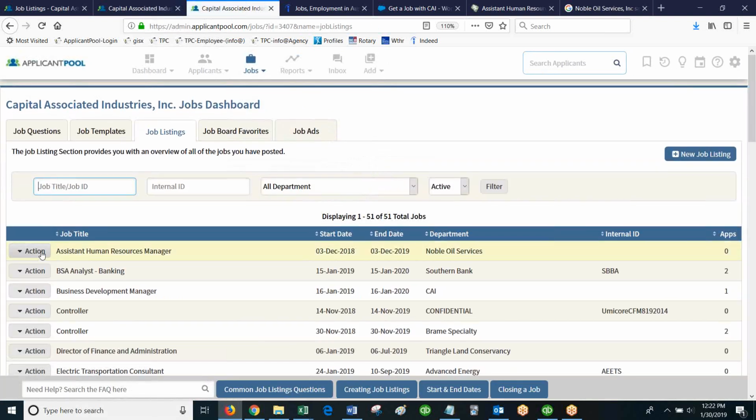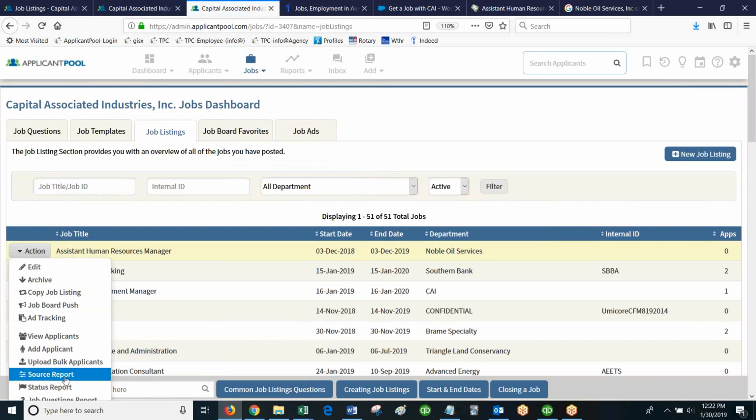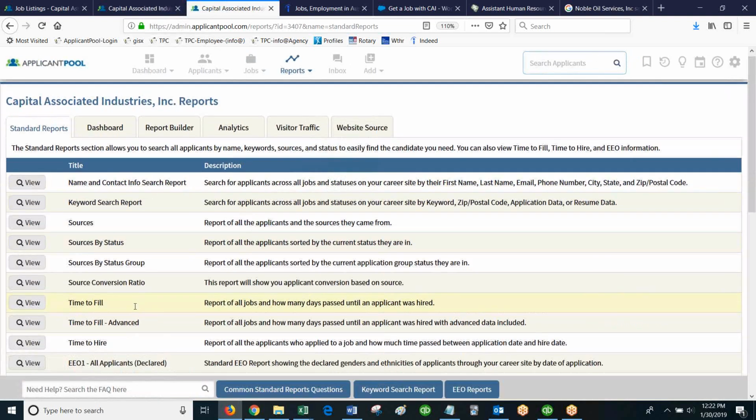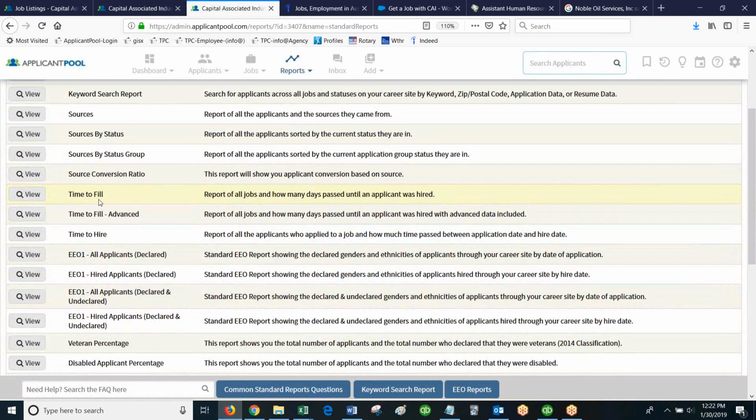Actually, it's under job listings. So when you go in here, you can actually look at the source of applicants for just this one job listing. All right. Also useful if you've got someone who's particularly interested in how long it takes to fill the job